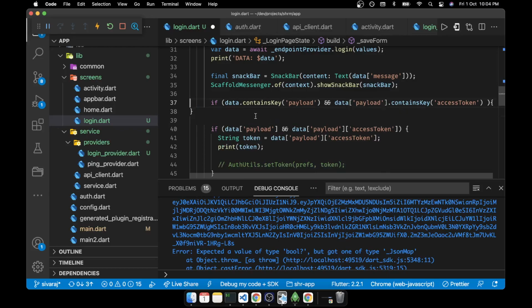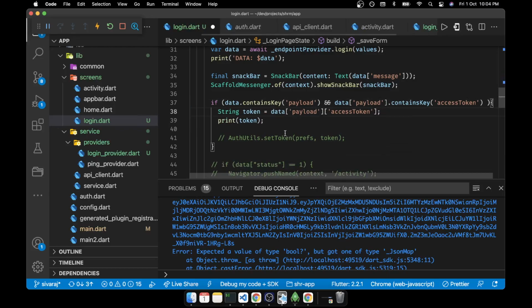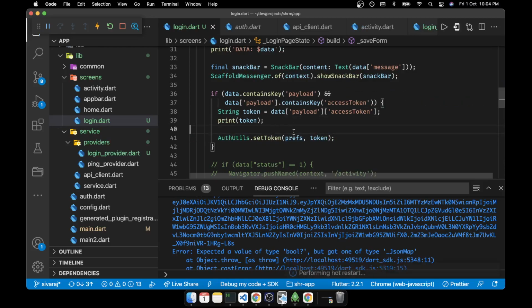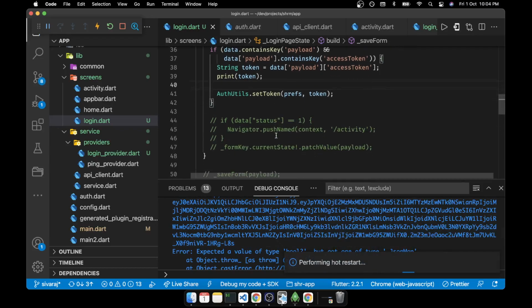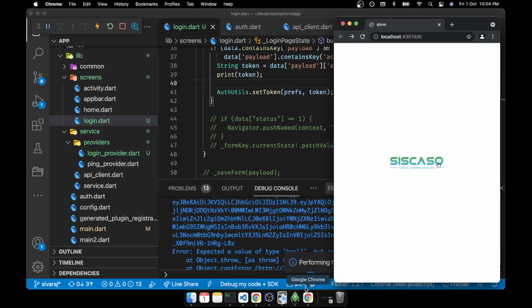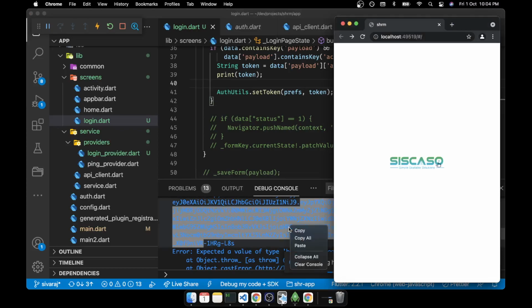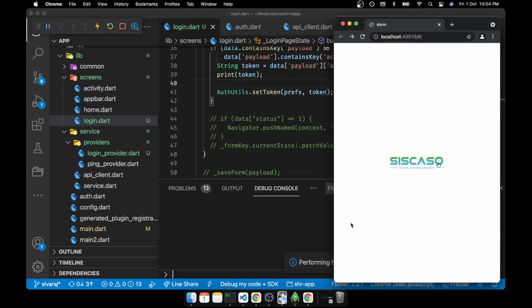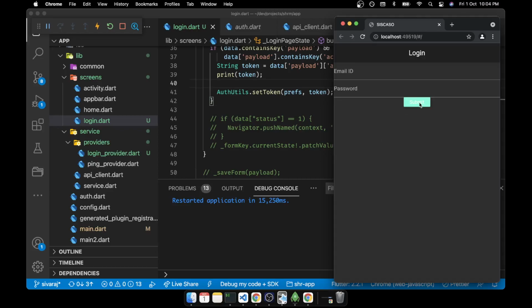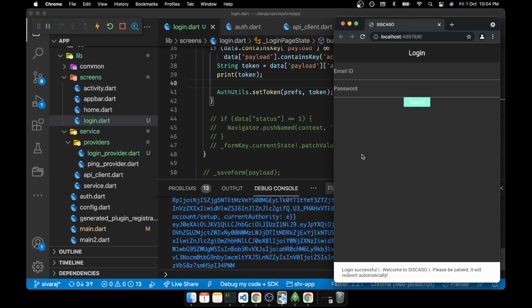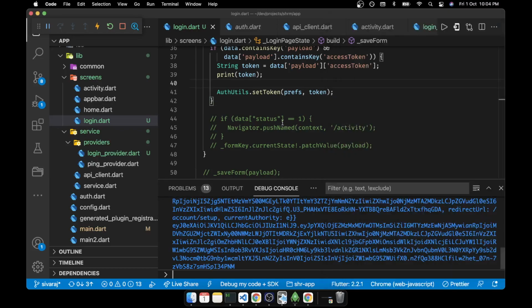Then what we can do is show the data and then try to set it. Yes. So now this will not be a problem, it has to be solved. Yes, without any error. Very good.